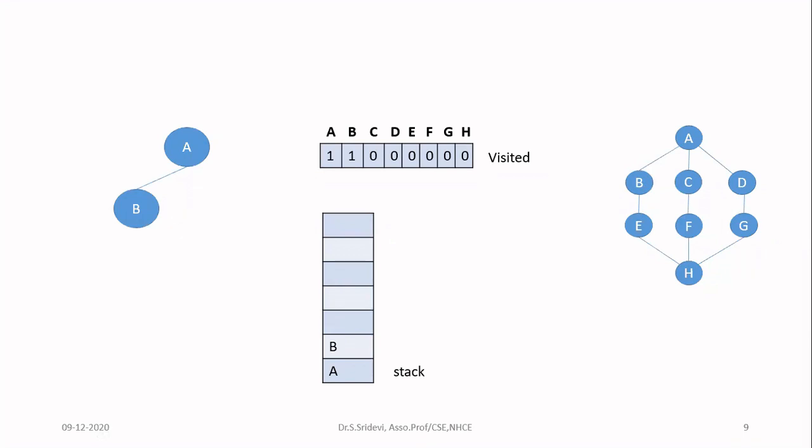So there are two neighbors, A and E. A is already visited because here it is 1. So it is already visited. So I should now go and check E. E is now not visited. It is 0. So what I can do now, I can push E onto the stack. Then in the visited array, I'm going to write 1 for E because it is visited now. Then I will be adding E in the output. So now I'm reaching E only from B, so there will be a connection between B and E.